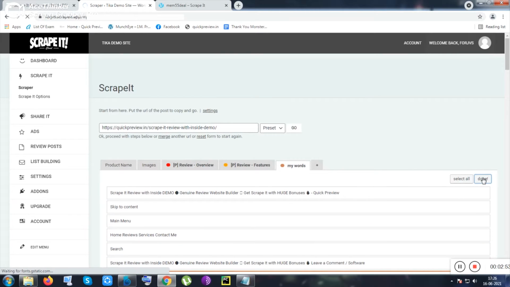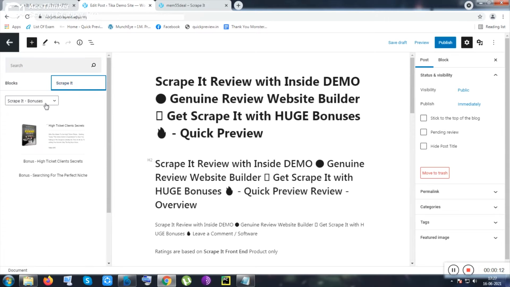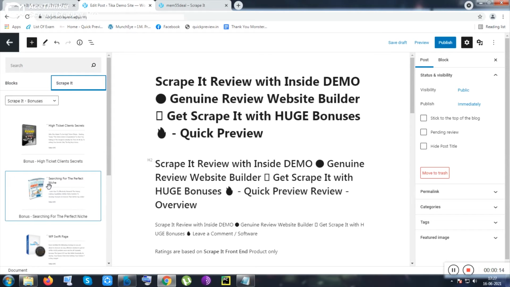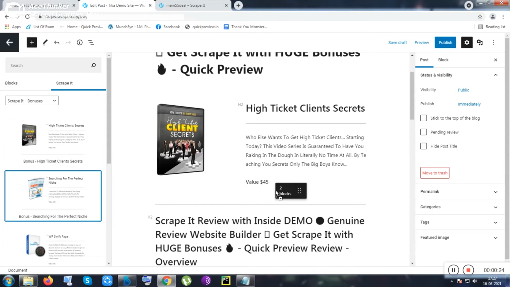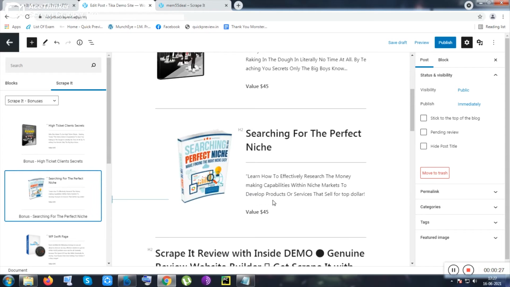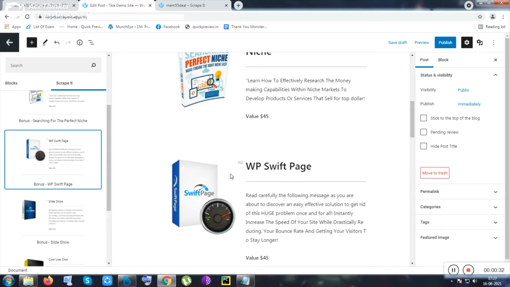Once you have clicked on done, it will grab that stuff and create a new blog post of that product. It doesn't end here, it has just started or is in the middle. You can click more stuff inside the Scrapit button: you can grab the bonuses, the done-for-you bonuses, or you can use your own bonuses. Inside Scrapit you can grab the bonus and put it wherever you want. These are totally done for you inside the Scrapit dashboard, for just 18 bucks. This is an undervalued tool in my opinion, everything is given done for you.